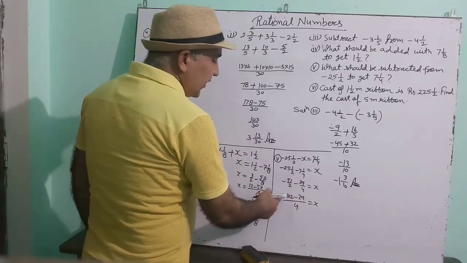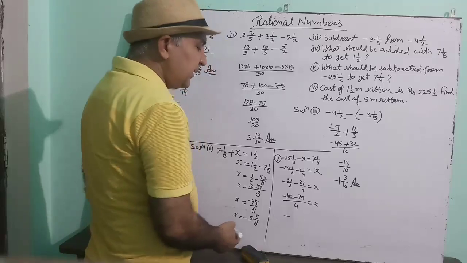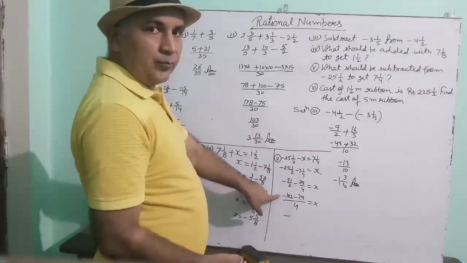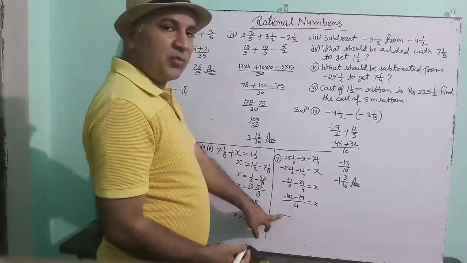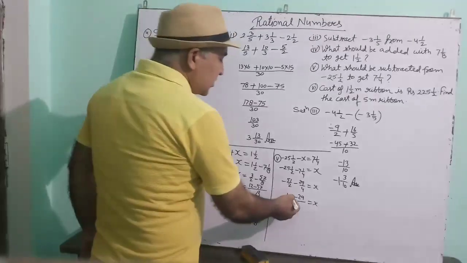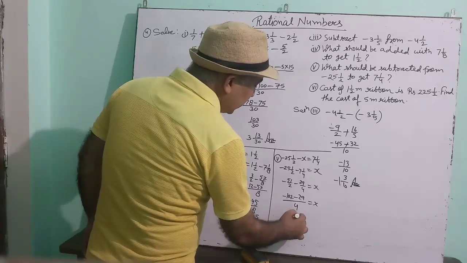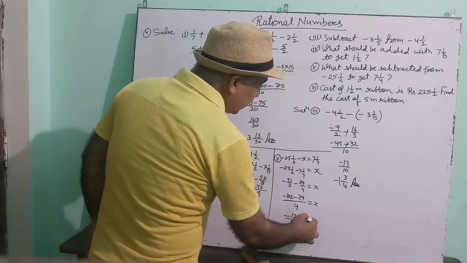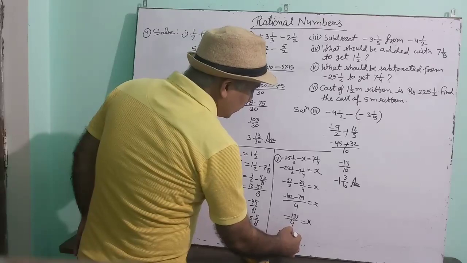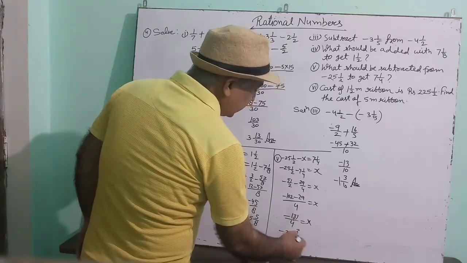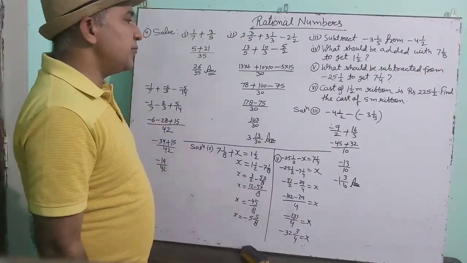Okay. Now minus 102 minus 29 will be added because both have the same sign, but our answer will keep the negative sign because the larger number is negative. In the case of addition or subtraction, we keep the sign of the larger number with our answer. Okay. Minus 102 and minus 29 is minus 131 upon 4. Now change it into mixed. 4 into 3 is 12, 4 twos are 8, 3 is the remainder. That means the required number is minus 32 into 3 by 4.